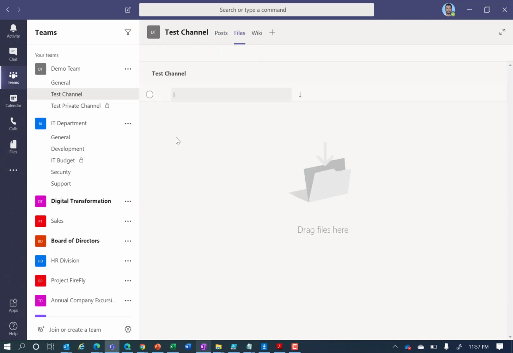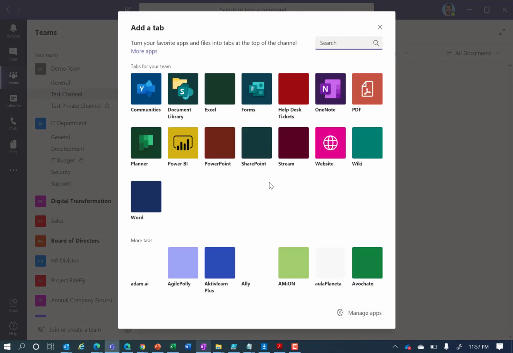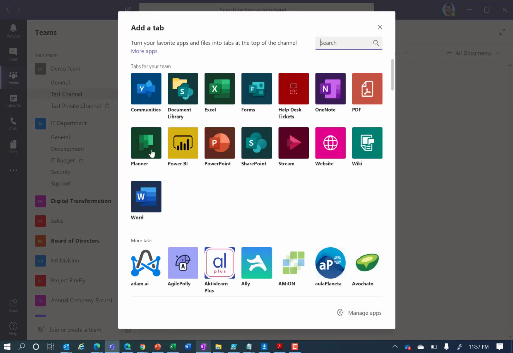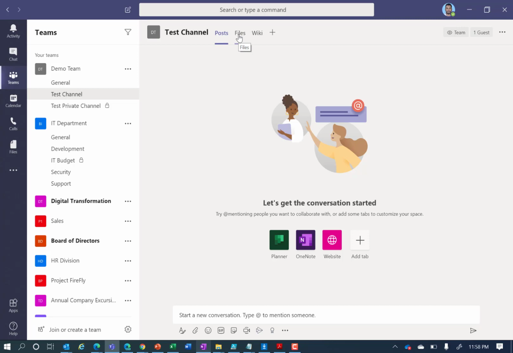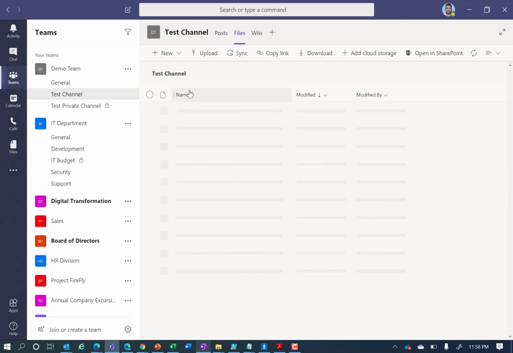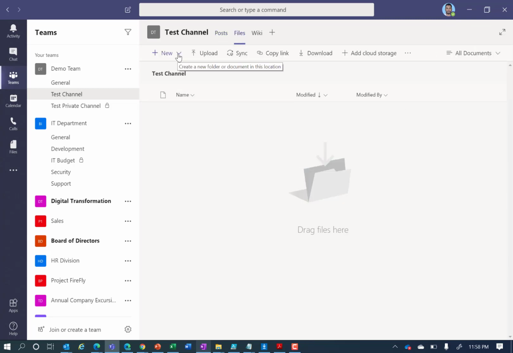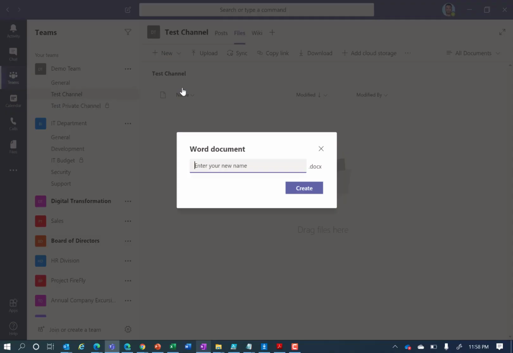By going into the files tab, I'll be able to see all the files that have been shared. And also by clicking the plus sign here, I have access to all the apps that are available inside the channel and I can add them. So now let me create a file inside the files tab and invite all my team members to edit the file while I am also editing. So to create a file, click on new, go into Word,